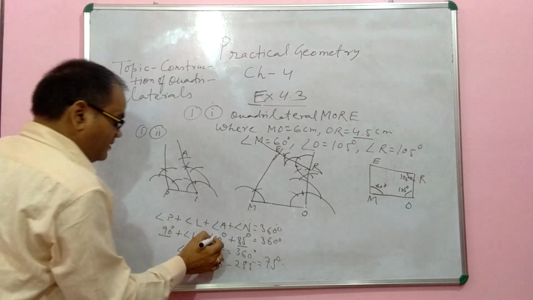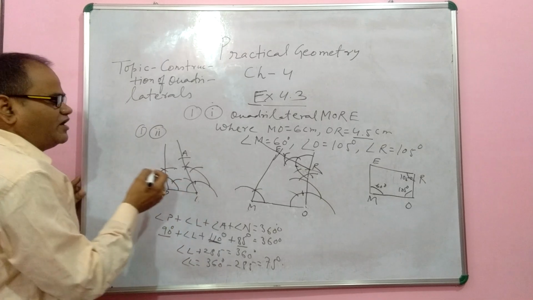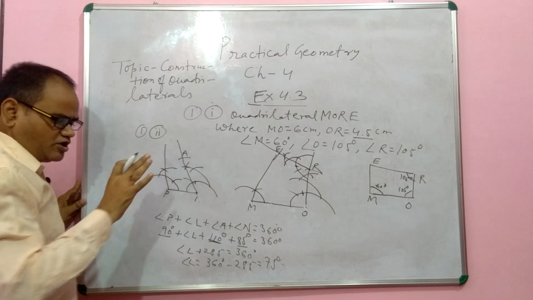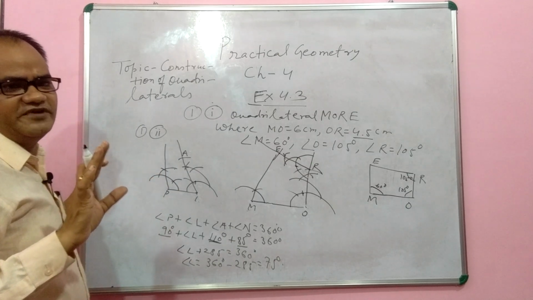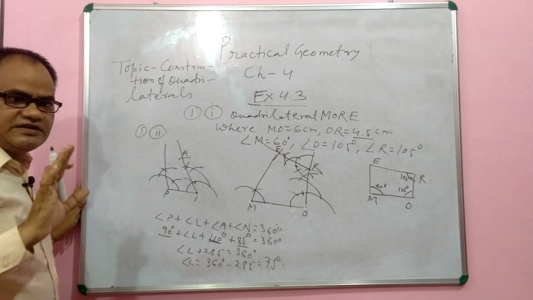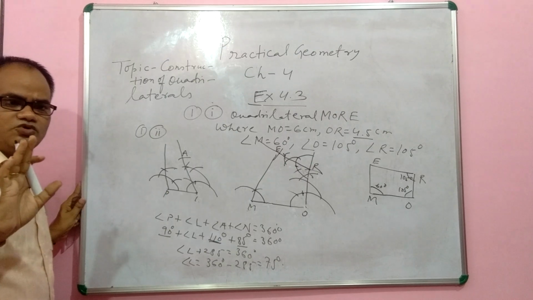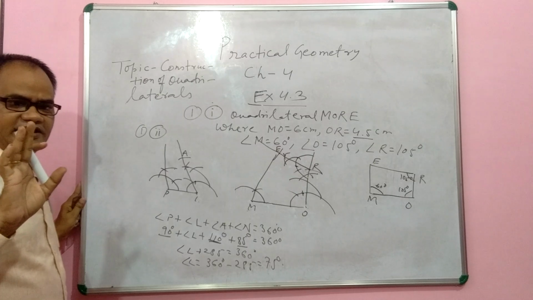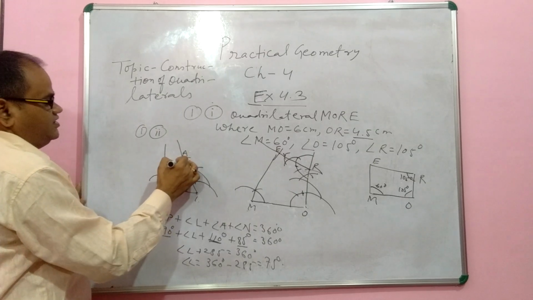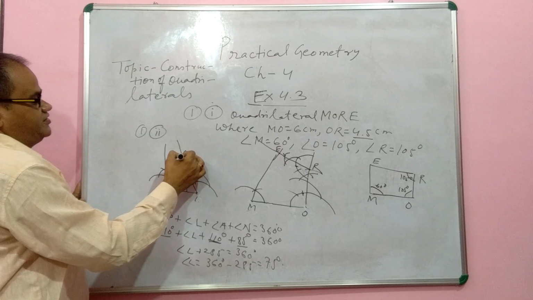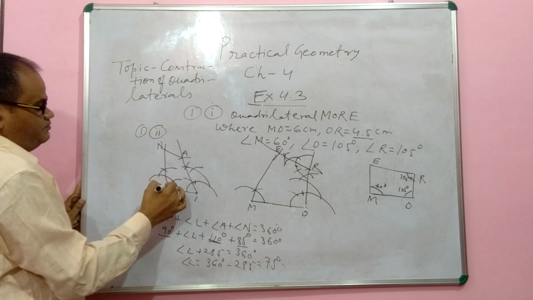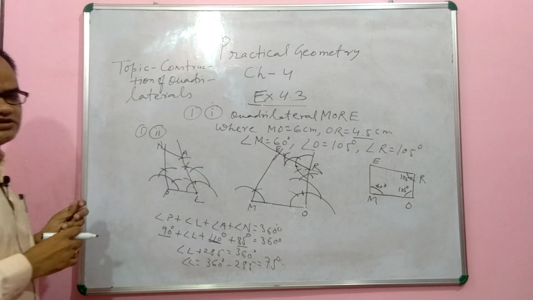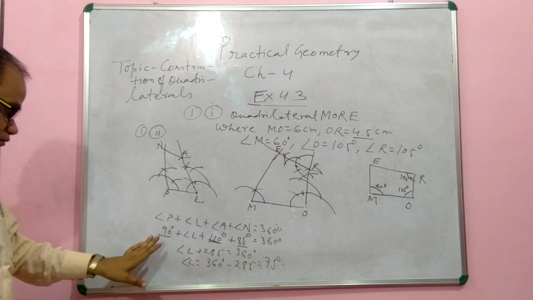Now at point A you have to make what? How much degree? 110. So 110 degree you can draw with the help of protractor, because 110 degree is not a multiple of 15 degree. The angles which are multiples of 15 degree, only those angles we can construct with the help of compass and ruler. But angle A is 110 degree. Just you keep your protractor here. This is 110 degree. Now write down here N. PLAN, quadrilateral is completed.